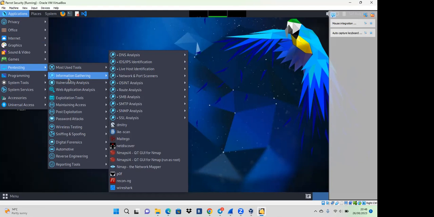So this is where you can do a lot of reconnaissance. No, we're going to be doing it. Even Wireshark is here, you can see. Wireshark is here. And if you want to gather information about stuff, you can see from there as well. Then the next one is